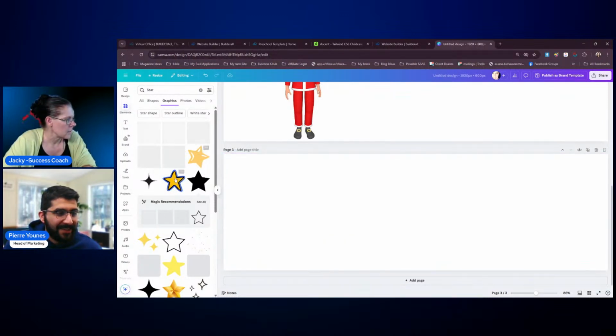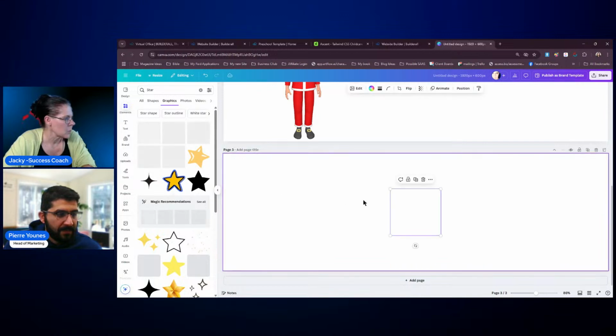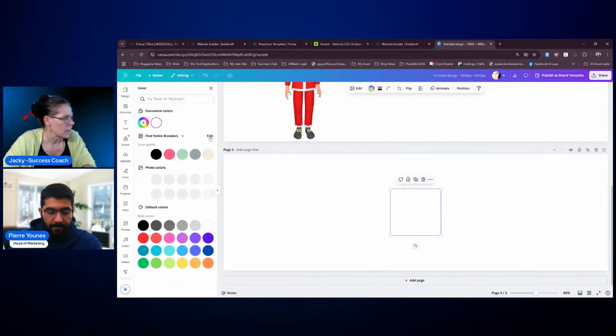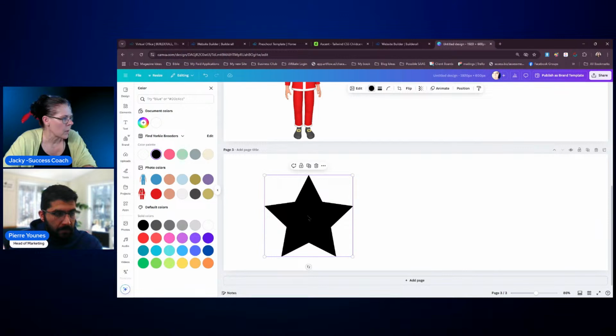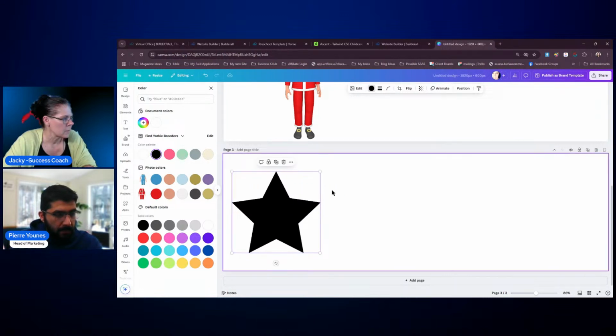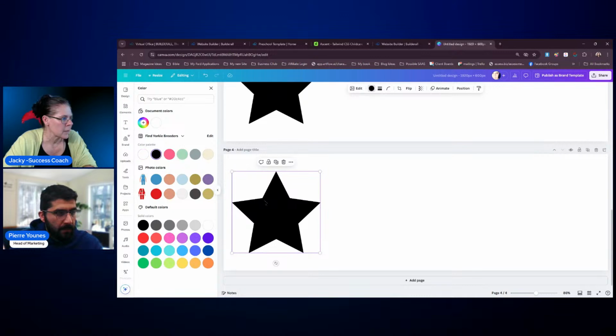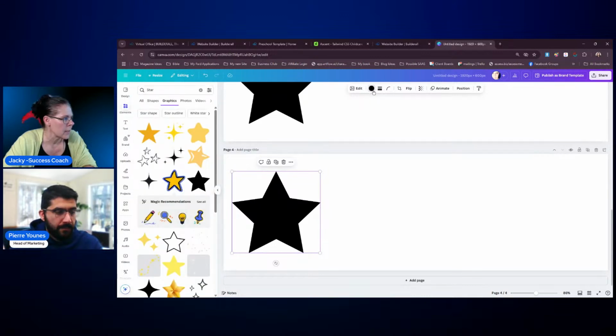So let's go to see if that's color. I just want the color one. So there we go. So let's say there is our black star, and we want to have this exact one. We duplicate it, and then you can change it to another color,